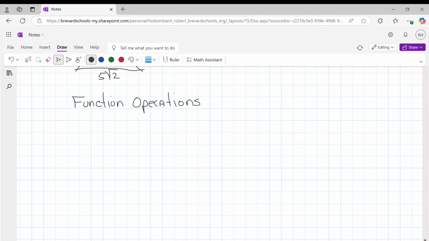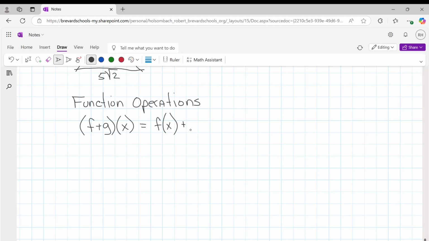Function operations, and your key concept is that if we have f plus g of x, all right, that's equal to the function of x